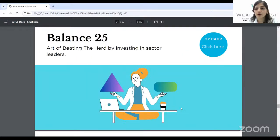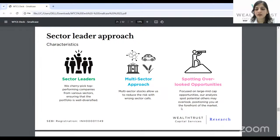अब हम आते हैं बैलेंस 25। सो दिस इज ऑल्सो वन ऑफ आवर ओल्डेस्ट पोर्टफोलियोज। ये 2.5 years हो गया। दिस वॉज एक्चुअली वन ऑफ आवर फर्स्ट पोर्टफोलियोज। इसमें बेसिकली हम 25 स्टॉक्स लेते हैं, एंड आई विल अगेन लेट शुभम टेक ओवर कि हमारी स्ट्रैटेजी क्या है।